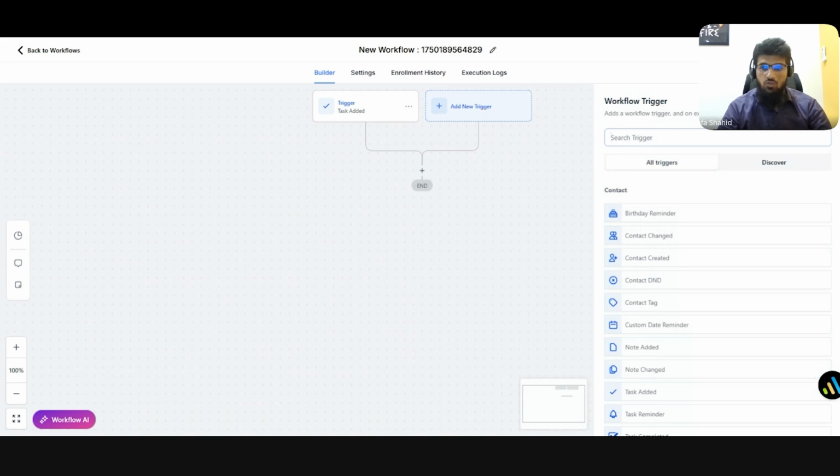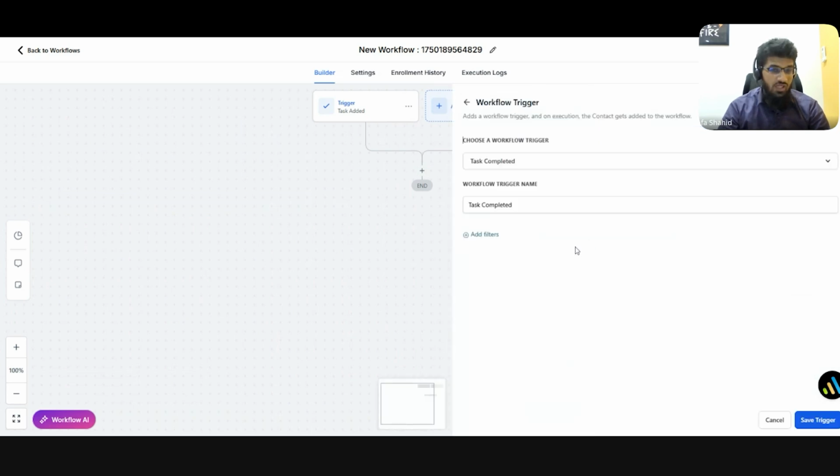The next trigger would be if a task has been added, a task can be completed as well. So don't do this. I'm just giving a fair warning. Just because it's part of the system does not mean I agree to it. But if a task has been completed by, let's say, Mustafa Shahid,